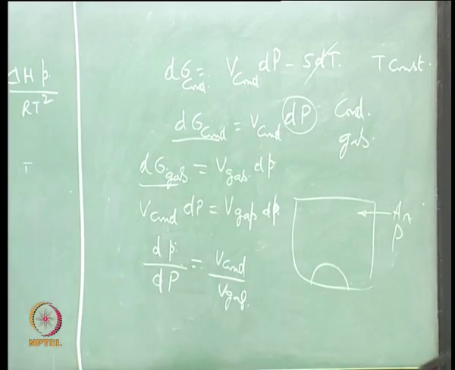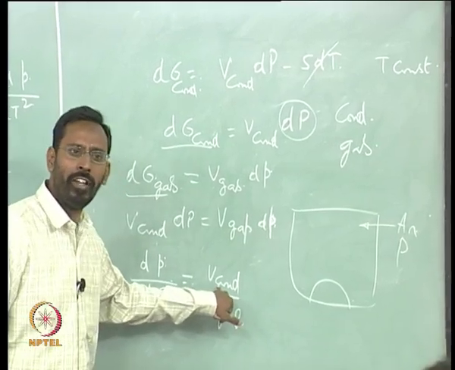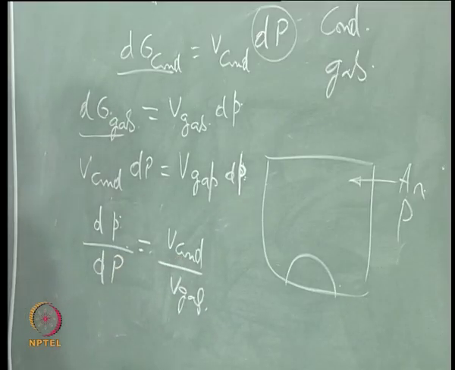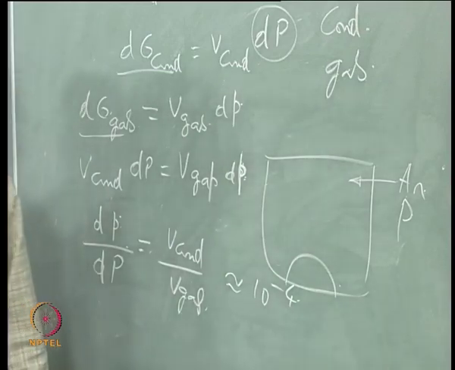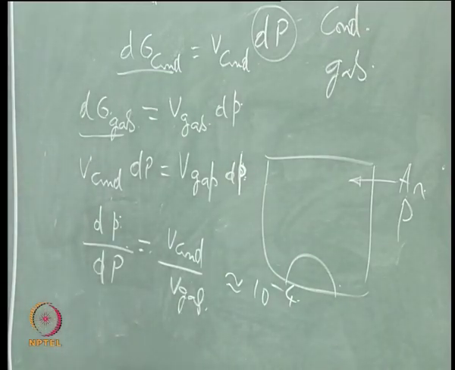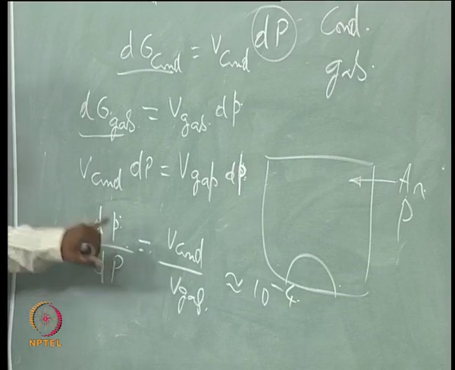Now if you look at this, the volume of the condensed phase and the volume of the gaseous phase, if you compare, the volume of the gaseous phase is much larger than the volume of the condensed phase. Usually the ratio of it is of the order of around 10 to the power minus 4 at any given temperature. So if that is the case, then you can show that the partial pressure of the gas that we have,